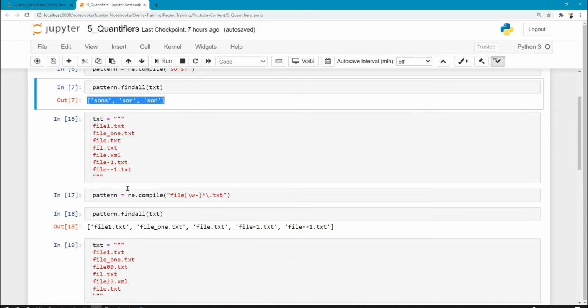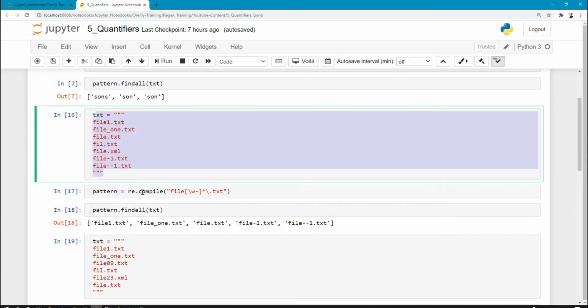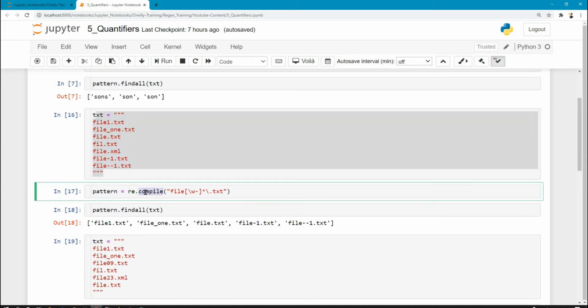Now this is another example where I'm specifying file names such as file1.txt, file_1.txt, file.txt, and all these variations. Now I'm specifying a pattern using compile, where I'm saying that there is the word file which is followed by another word character or a dash, and these can be any, and then it ends with .txt.